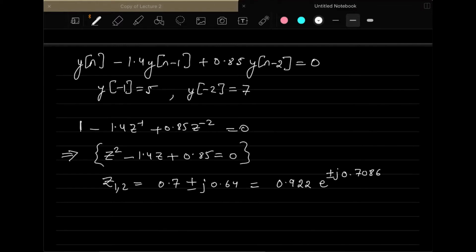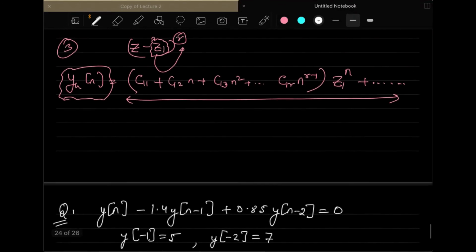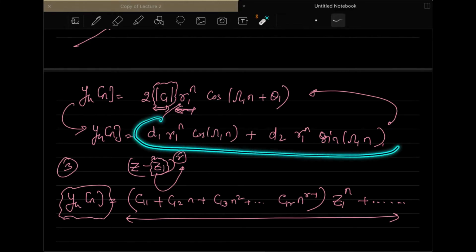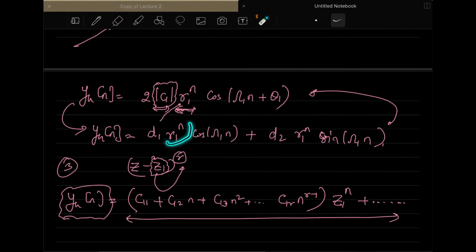So this will be in your polar form, and this term here, as I told you in the last class, is basically R. If you see the solution to the complex numbers, you have this particular solution, right? And you know what the value of R is now. The value of R here is 0.922,